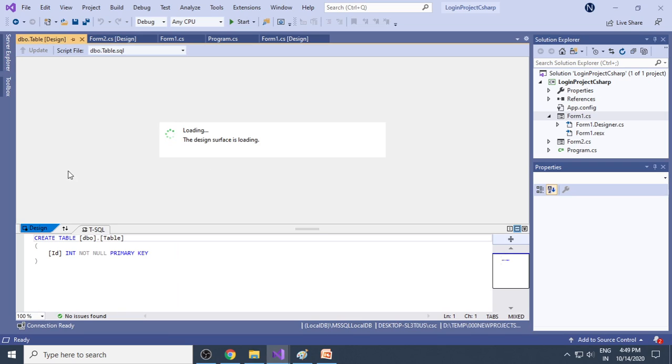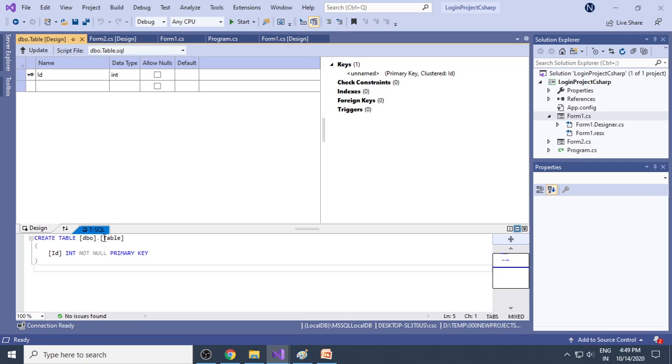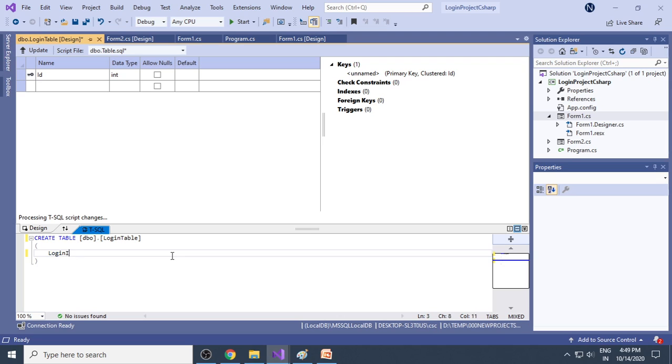So this is the design actually. Here you can create, but otherwise we can go to SQL straight away. Here is the table name. Let's call it the login table. There is an ID integer primary key, but instead of that, I'll say login ID. Login ID is a column name, and instead of integer, I'll take it as a varchar. So let's say varchar of 10, and then